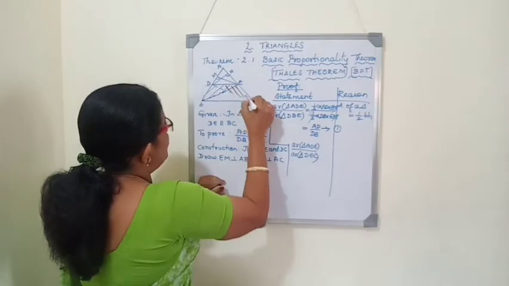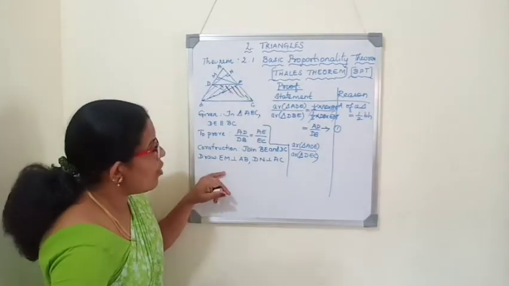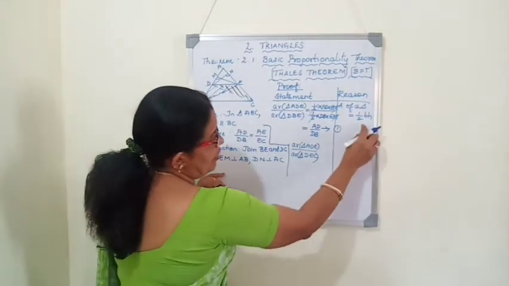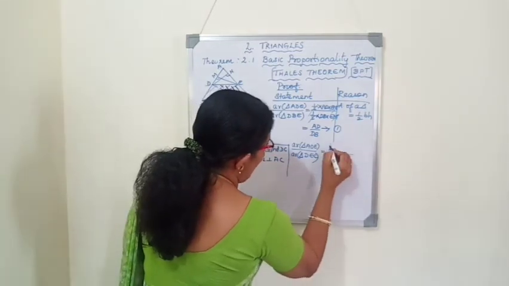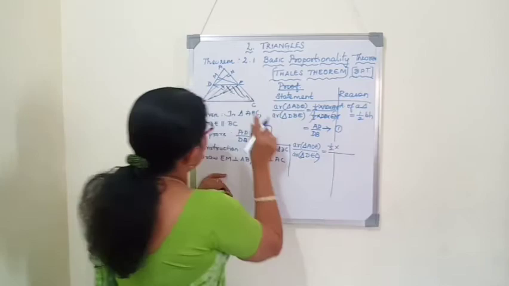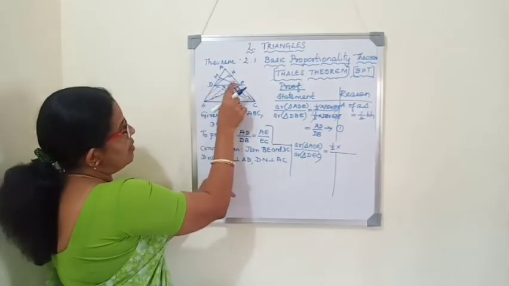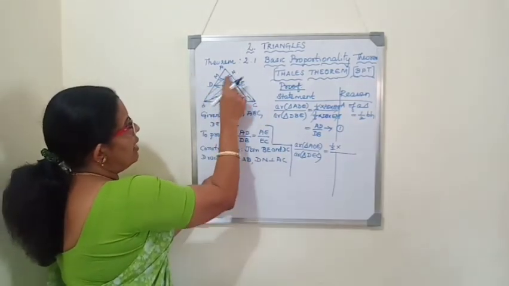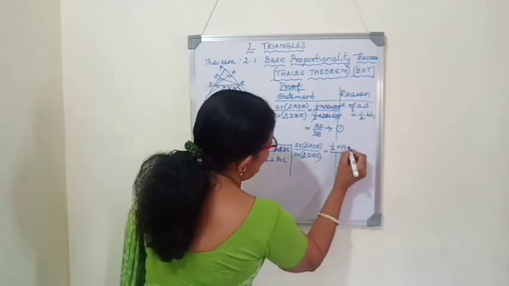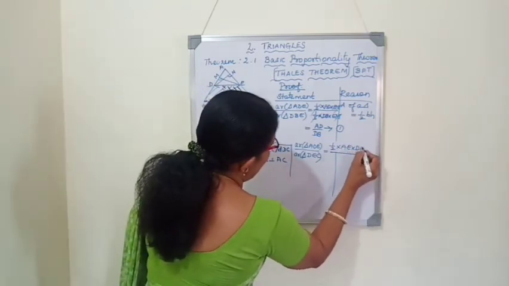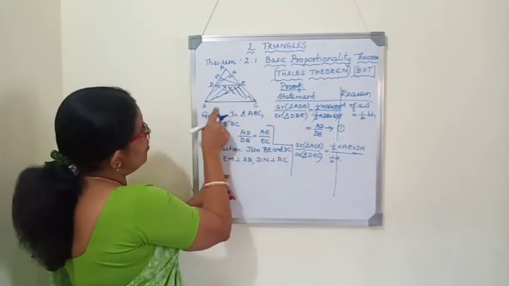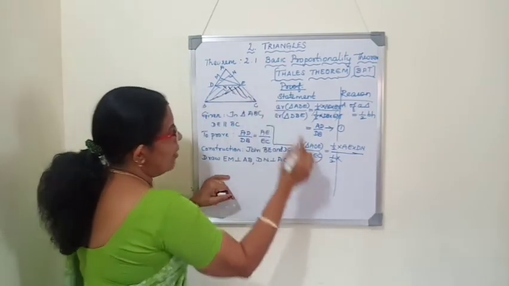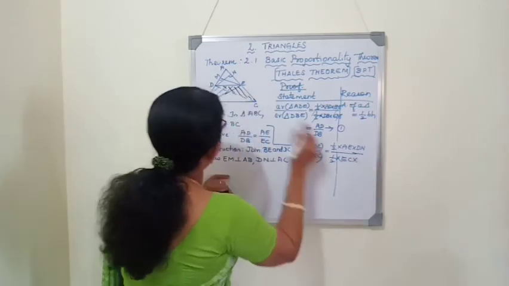This triangle we have to take, second case. So now here also we will write the same reason: area of a triangle is half BH. For the numerator triangle we will write half into... which one will we consider as the base? AE is the base and DN is the height. For the denominator triangle, half into base EC and height DN.